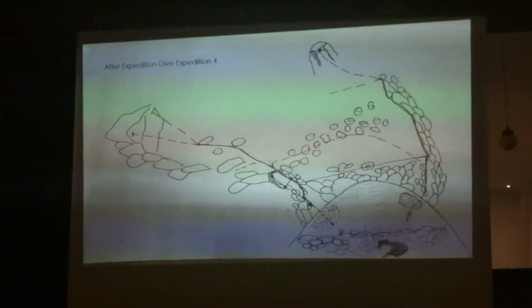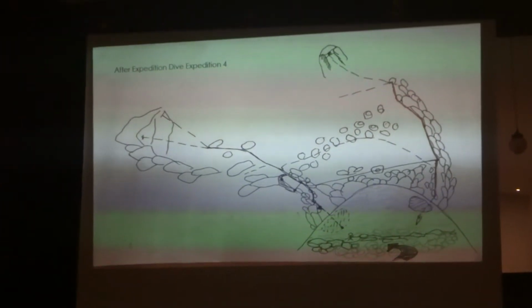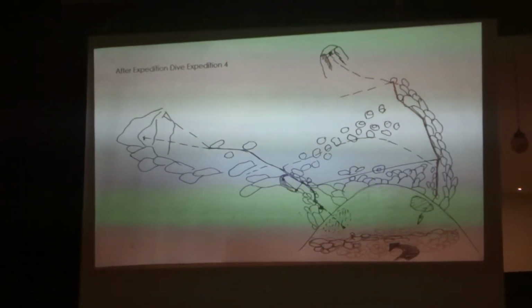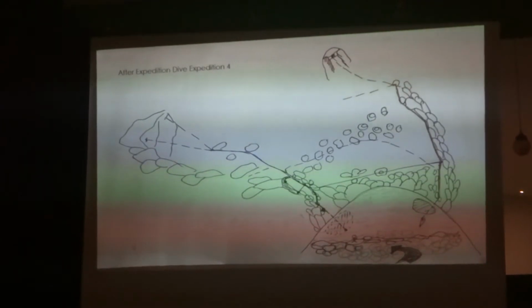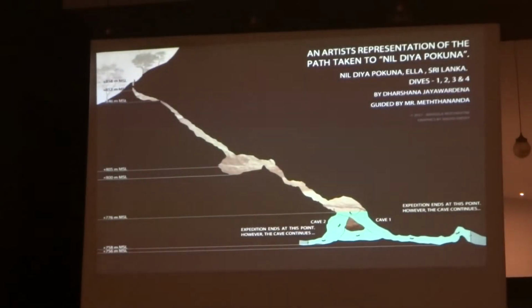And on the fourth dive, what I did is I went down Sitamaga, laid a permanent line to Ravanamaga and also explored much more. Right? So this cave map is much more extended. So now I will hand it over to our official